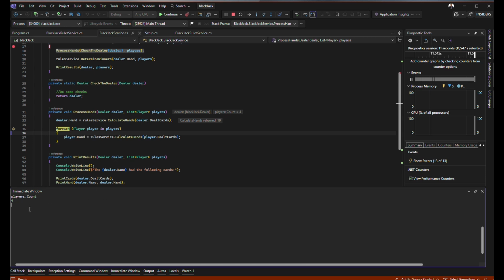Let's say I wanted to update dealer hand. Let's see what it is now, 19. If I want to update it to be 18, I could do that. I can go over and hover over and you can see it's updated to 18 there as well. You can then continue the execution and it'll continue with the new updated value